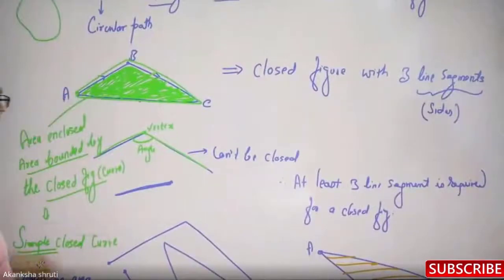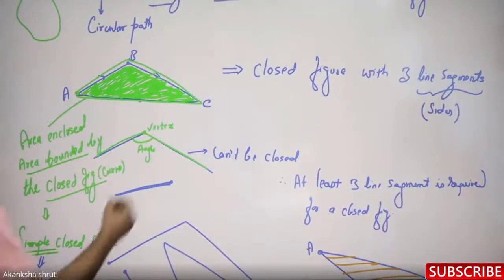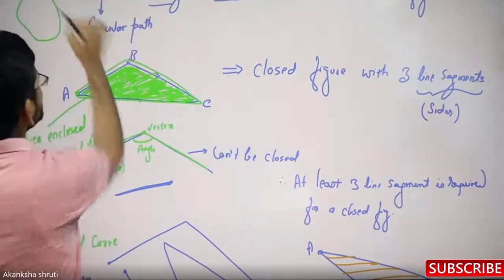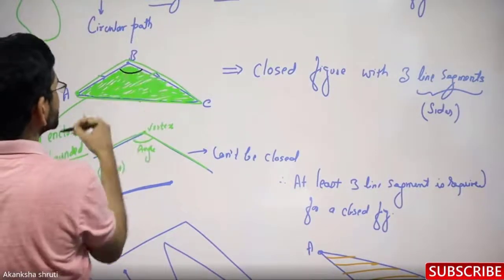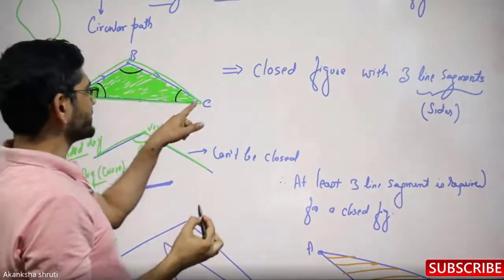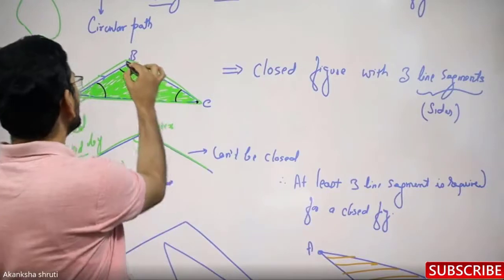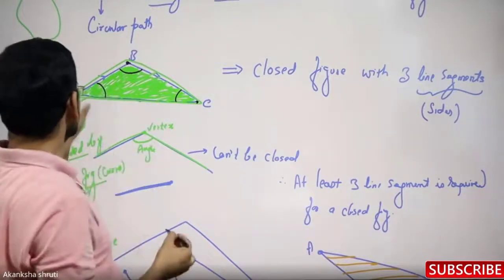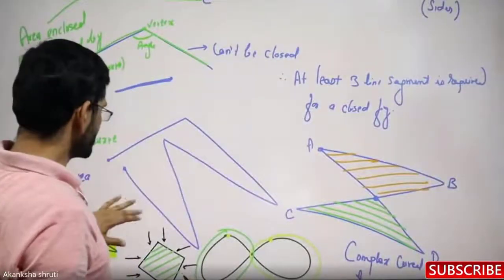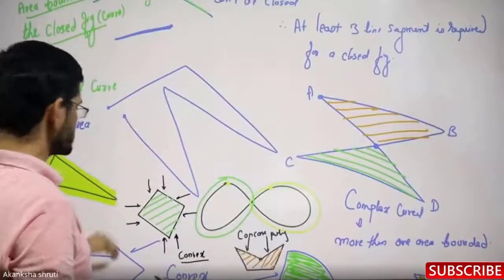So for the triangle, we have learned that between two sides, the angle is formed. Like here, the two sides are taken. This is the angle. Angle can be here, angle can be here. The point where the two sides meet is called the vertex. So 3 vertices also. These are the 3 line segments which are acting as the sides. If it is not closed, then it will not be a closed figure.